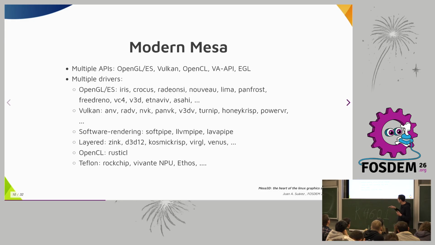Then we also have a lot of different Vulkan drivers, again for Intel, for AMD, and NVK, which is written in Rust, for the newer NVIDIA hardware. PanVK is for Mali, Broadcom, again Qualcomm, Honeykrisp, which is the Vulkan implementation for the Apple M1 GPUs, PowerVR, and so on. We also have some software rendering, which basically implements OpenGL and Vulkan